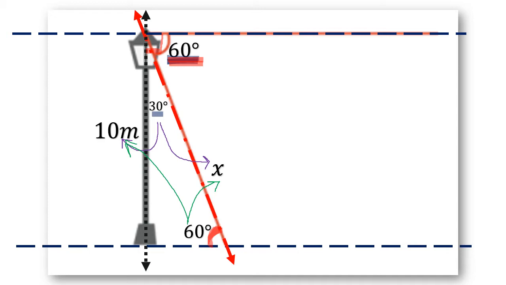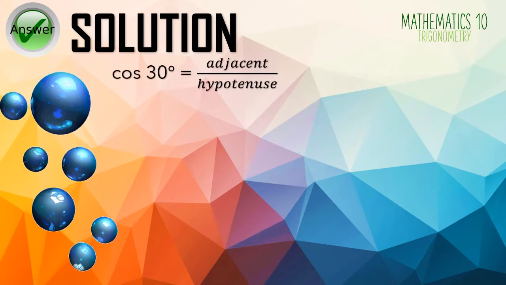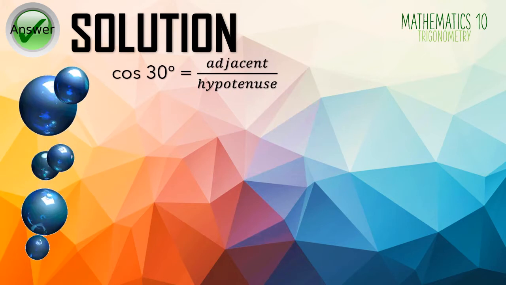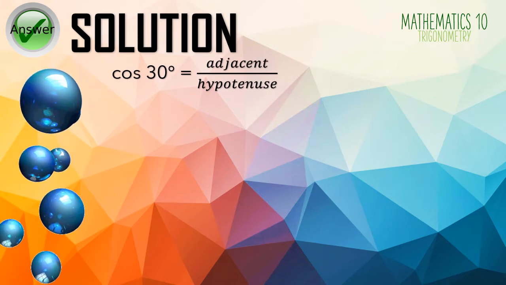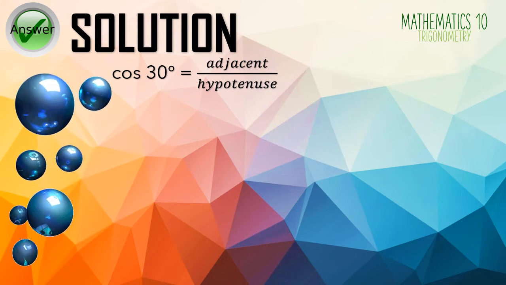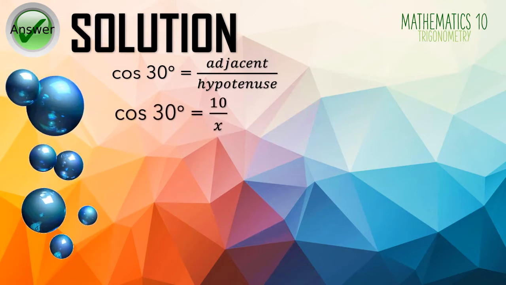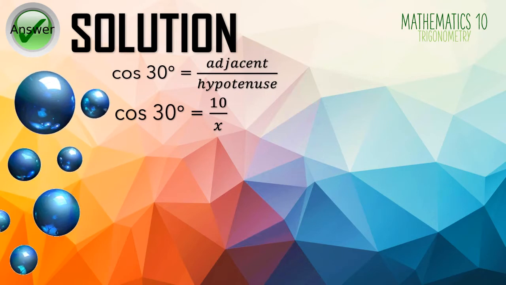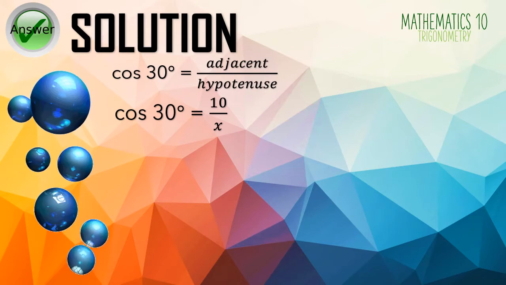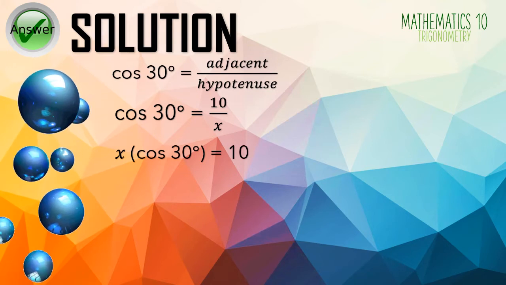Now, for you to be able to understand more on how to do the computation, let us start with this one, cosine 30 degrees. So again, it's the application of complementary angles concept. So cosine 30 degrees equals adjacent divided by hypotenuse. Substituting in the formula, we all know that our adjacent side there in the illustration is 10 and our hypotenuse is x for now. So cross multiplying will have x times cosine 30 degrees equals 10,